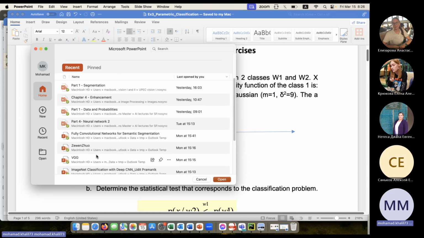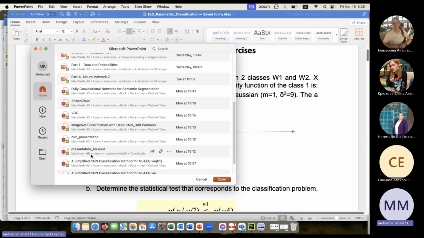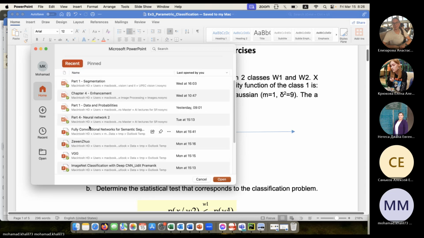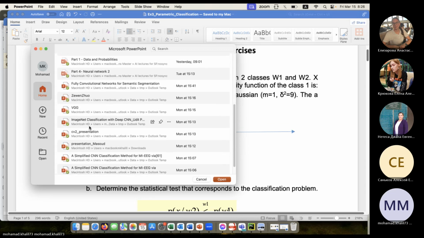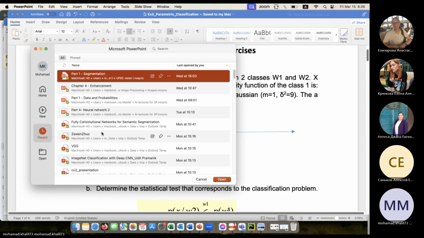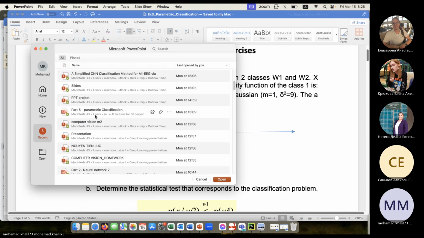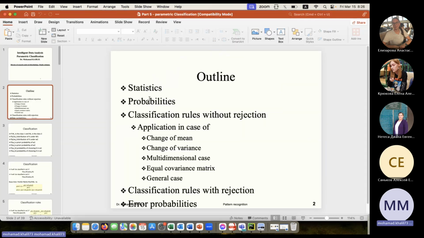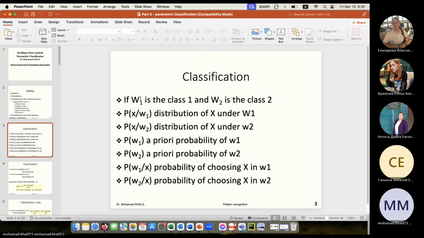Parametric classification means we know we have omega 1 is the class 1, omega 2 is the class 2, and